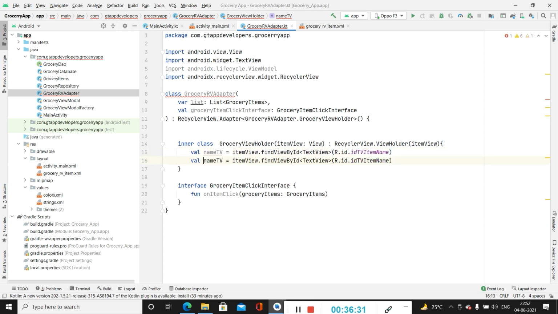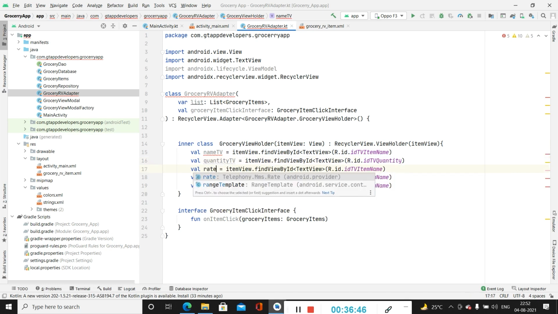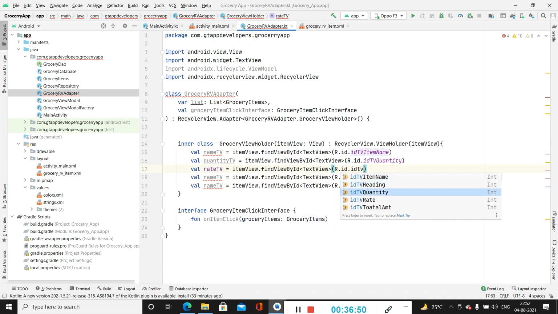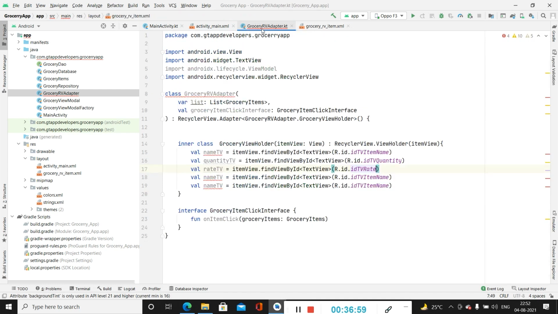Similarly for our others as well, quantity TV, quantity. So we have initialized name, quantity, rate, then our amount.